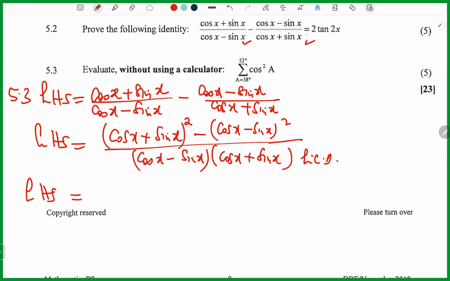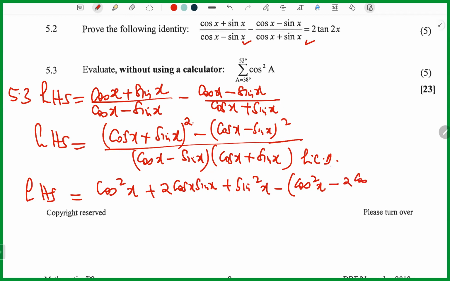Continuing, we just do expansions. If we square this one, cosine becomes cosine squared x. Cosine times sine times 2 becomes 2 cosine x sine x. You square the sine, it becomes sine squared x. Minus, if you square the cosine, it becomes cosine squared x. Cosine times minus sine times 2 is minus 2 cosine x sine x. You square the sine, it becomes sine squared. All divided by